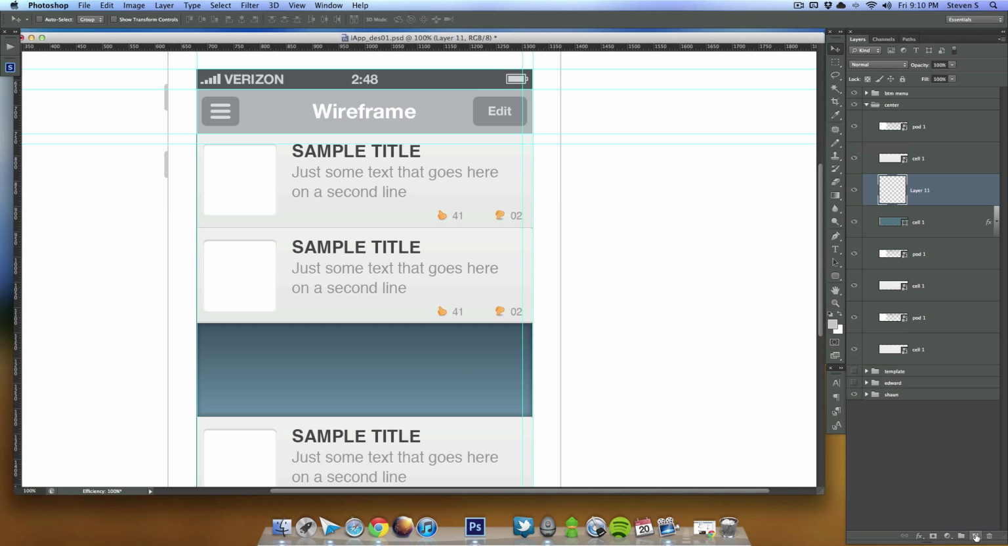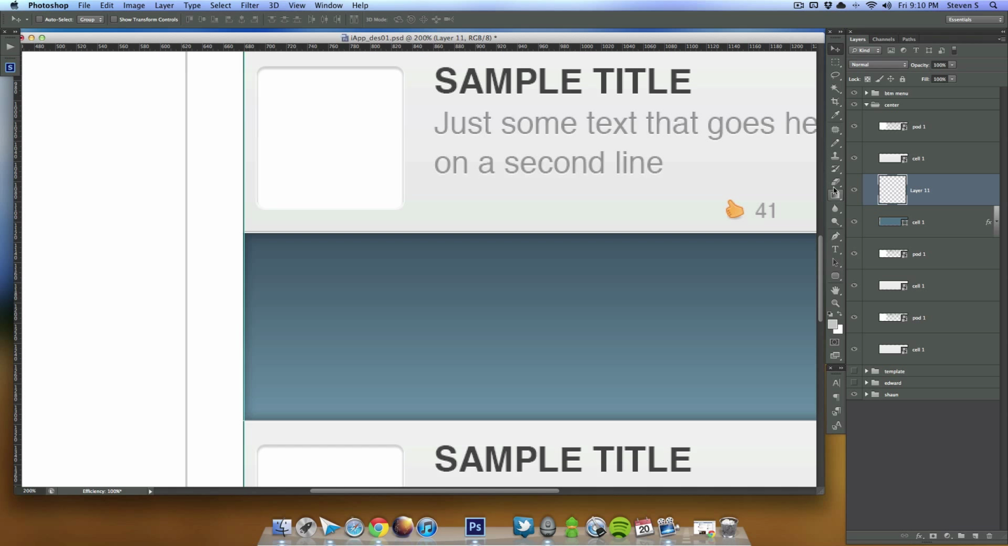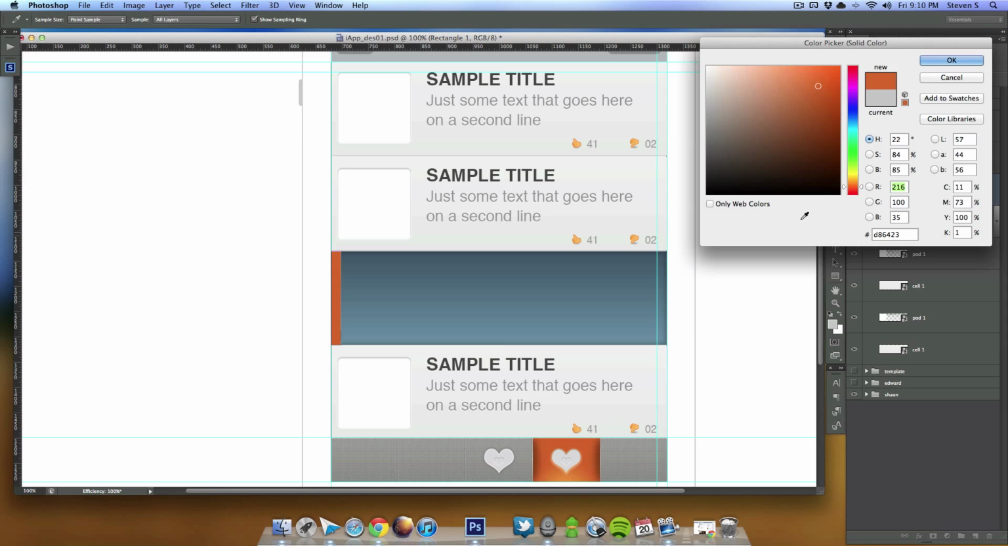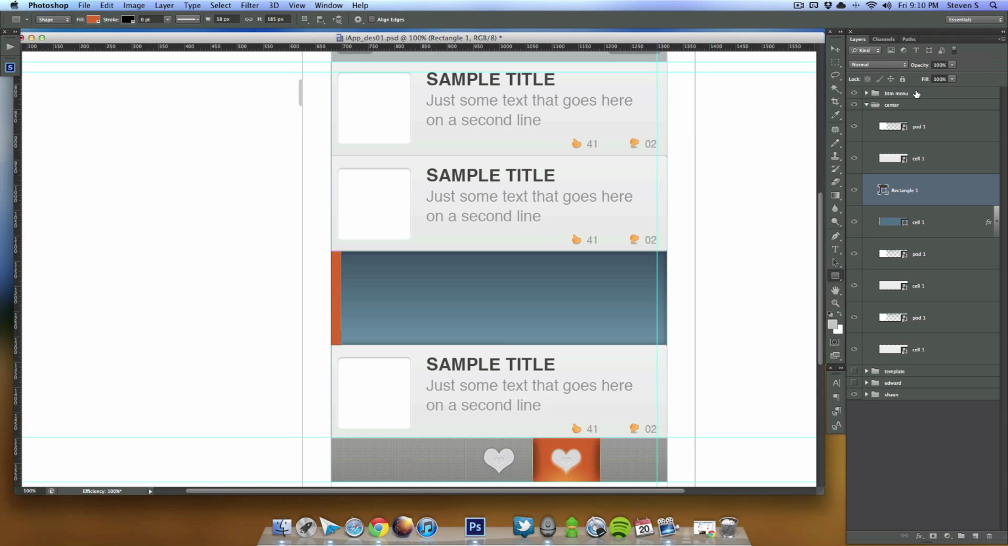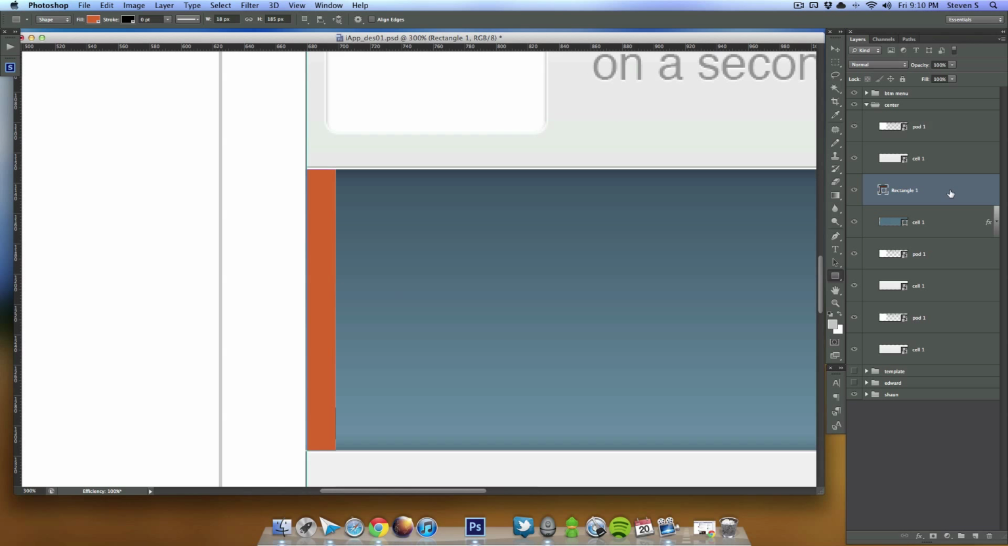Then one thing that I want to do is create just a little bar here, just to add some more color to it. So I'm going to create another rectangle. Start from here, click and drag. And then I'm going to change that color to orange, and it's going to be the same orange we used down here. Click, alrighty. Zoom in,